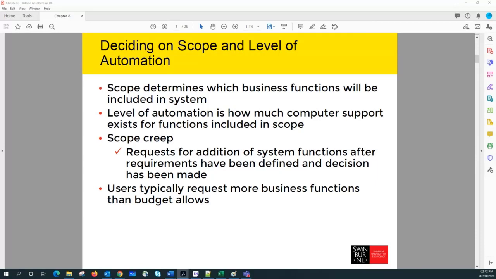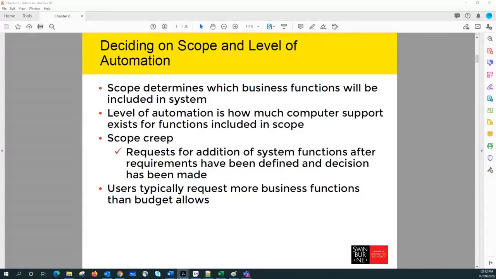Then we have oversight committees of executives, users and other technical managers, who decide which approach, which alternative, is most viable. Today we're going to discuss various strategies we can employ to prioritize these requirements and select the best scope